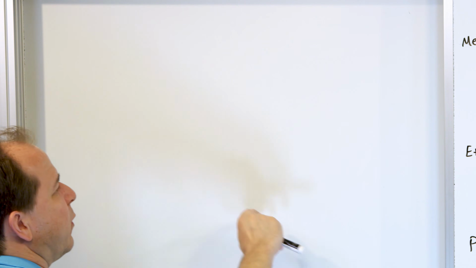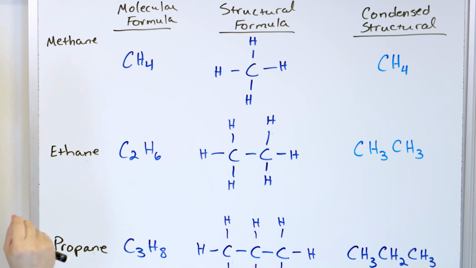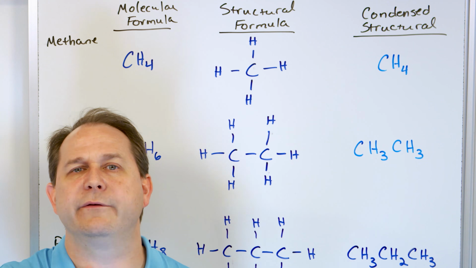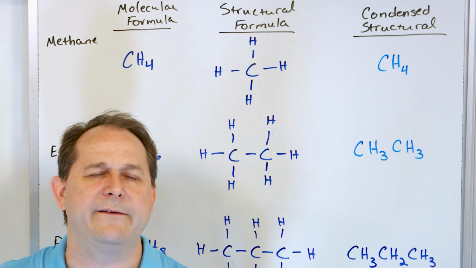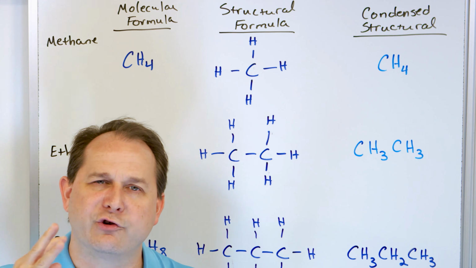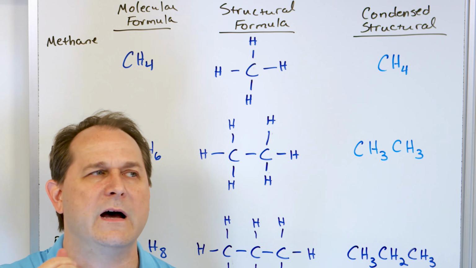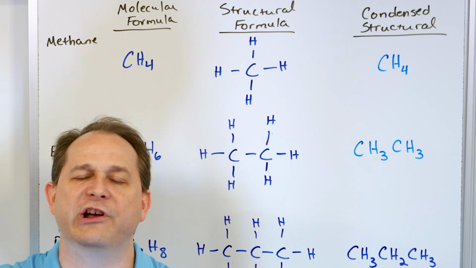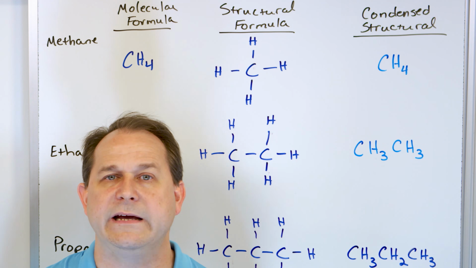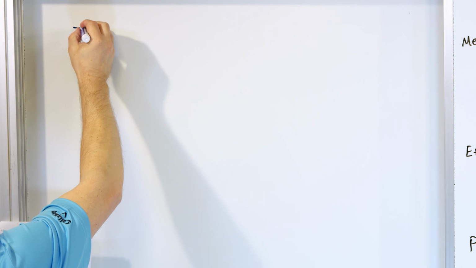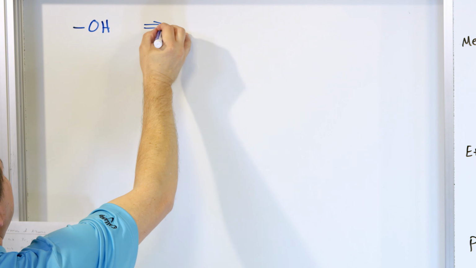Now, a functional group is what we can substitute here that changes the character of the original compound. If you just substitute something there, but it doesn't affect how the molecule behaves, it's really not called a functional group. It's a functional group if it's a group of atoms that, when you substitute them onto the carbon chain in place of a hydrogen, changes the reactivity and the characteristics of the chain that you started with. So, for instance, there is a functional group called the OH group, and this makes alcohols,